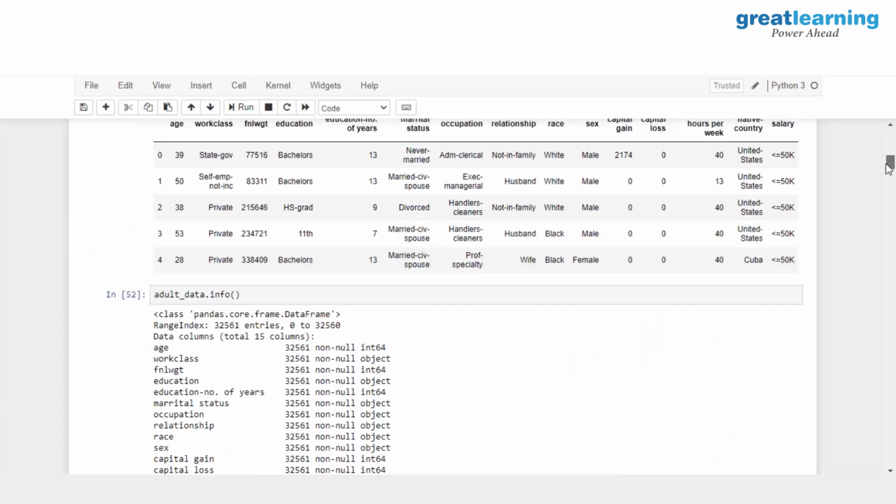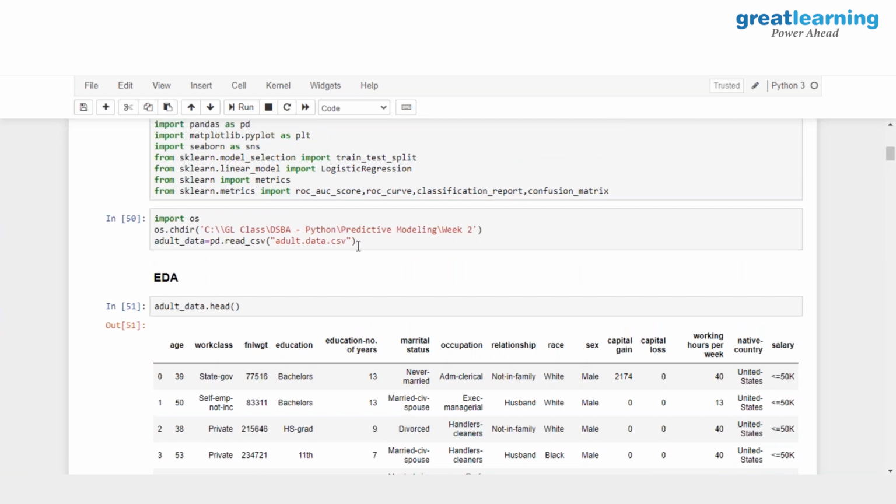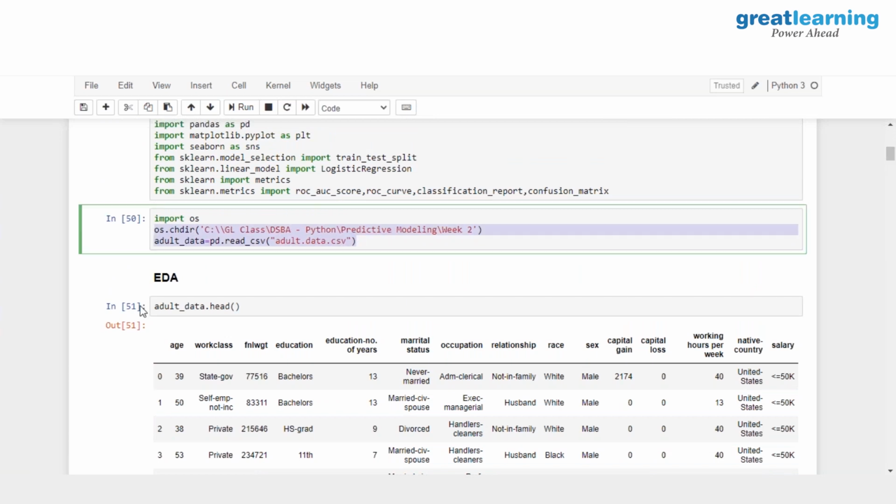What I'm assuming is, herein I'm reading the file adult.csv. Similar to that, you will write a couple of lines of code which will connect with MySQL and pull out the required information. Let's assume you have used some select clause, some where condition, whatever.